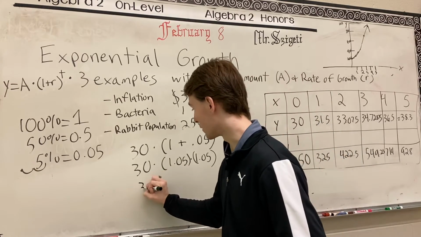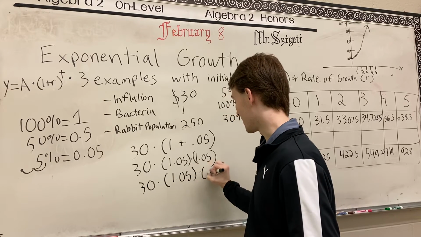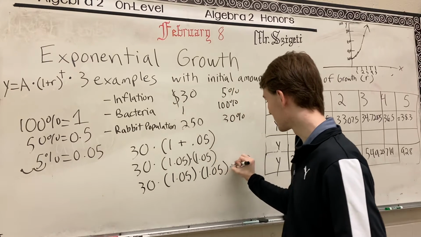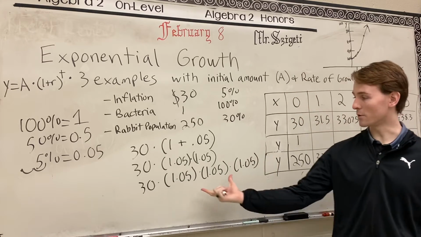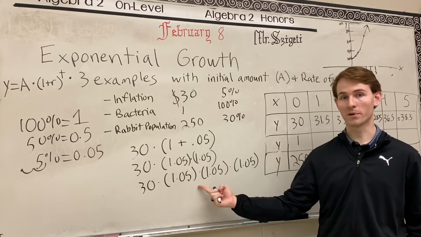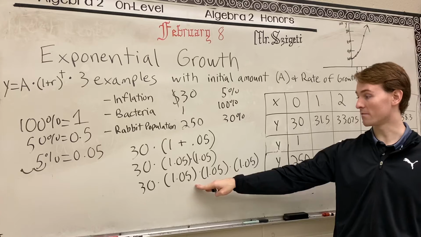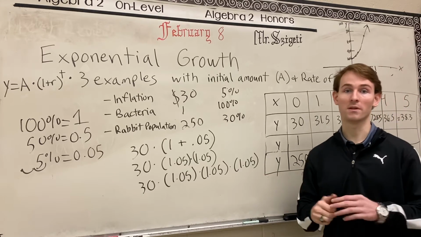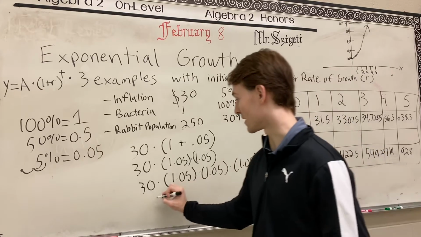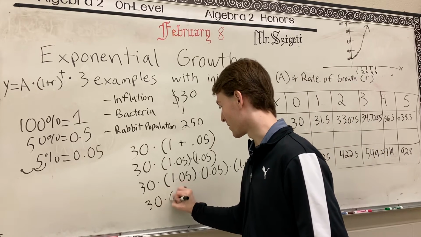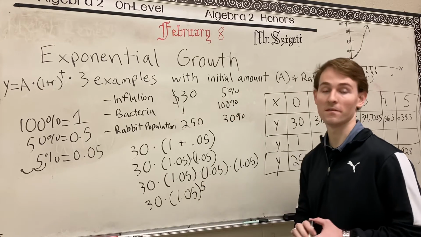So now if we look at it a little bit further, we've got 30, and now we just write this 3 times. So is there an easier way to write 1.05 times 1.05 times 1.05? Yeah, of course. Instead of just rewriting the same thing, you can actually use your exponents. So if we wanted to now calculate something to 5 years down the road, we'll just start with something a lot simpler,